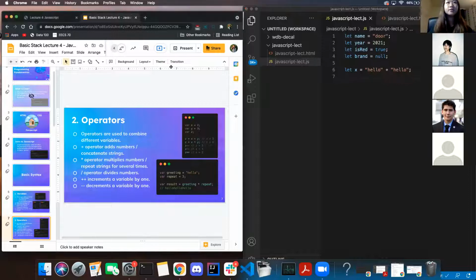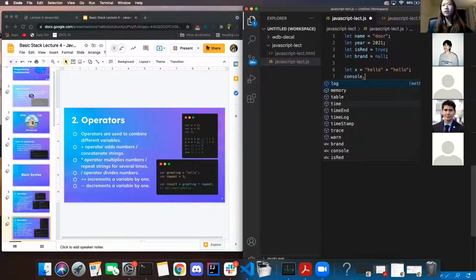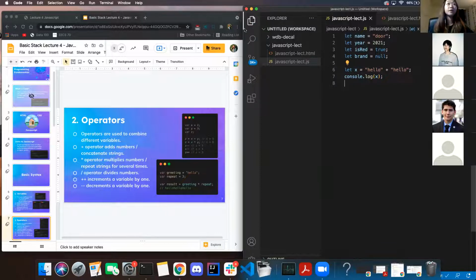Okay, I'm gonna continue on. I also wanted to mention, back onto concatenating the strings, this is a case in which we add two strings together. And in this case, you might be wondering, what is X? Anytime when you're coding and you don't know what the value is and you want to check it, always use console.log. This is the equivalent to print in Python. And this is how you debug, basically. Anytime you want to see what is X, use console.log, put in X,